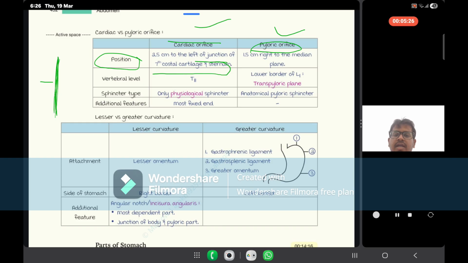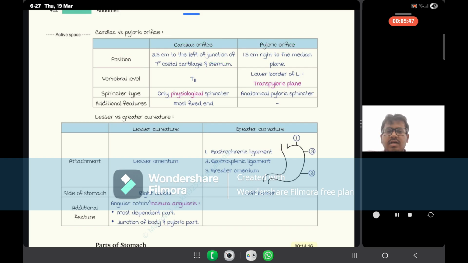The cardiac orifice is near the cardiac, that is the heart, so it is known as the cardiac orifice. The pyloric orifice is toward the lower part, away from the cardiac. It is another important orifice, but the cardiac orifice has importance because it is near the cardiac. So now when we talk about,